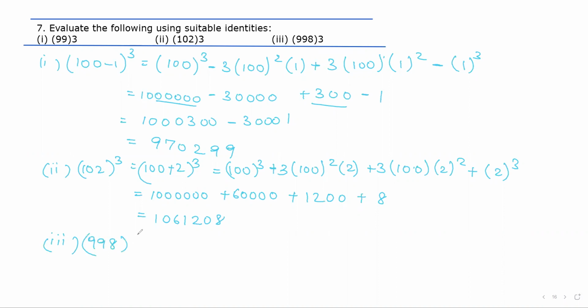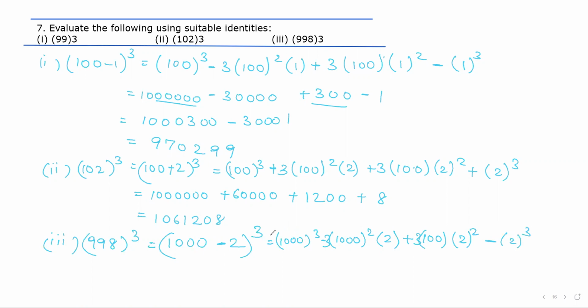Third, 998 whole cube. So this will be equal to (1000 minus 2) whole cube. (a minus b) whole cube, which is a cube minus 3a square b plus 3a b square minus b cube. This is equal to 1